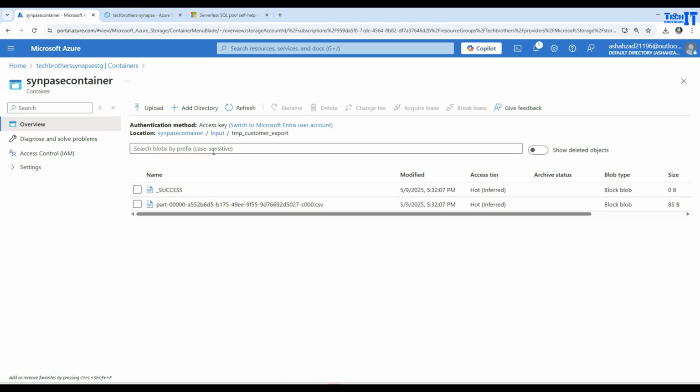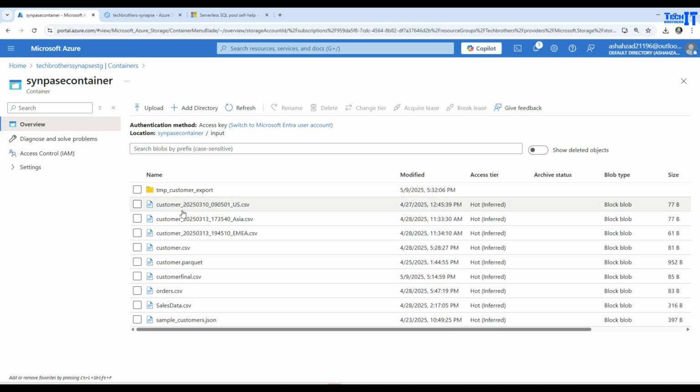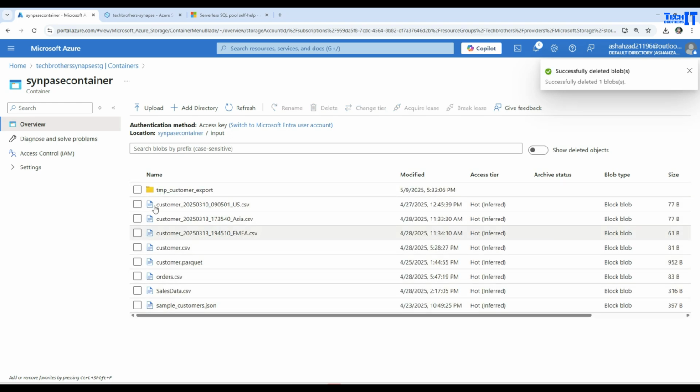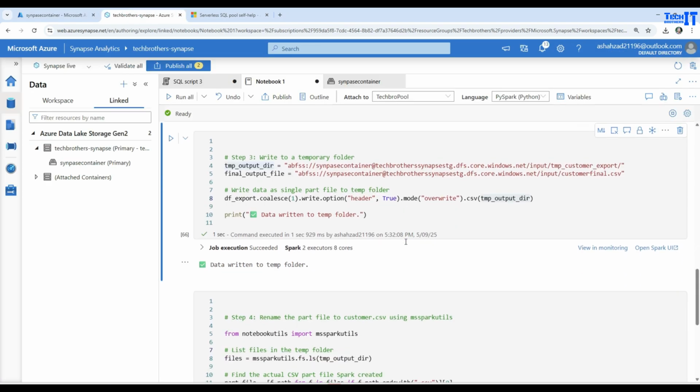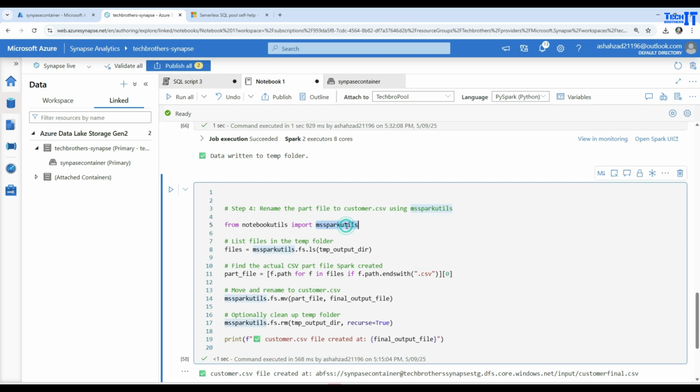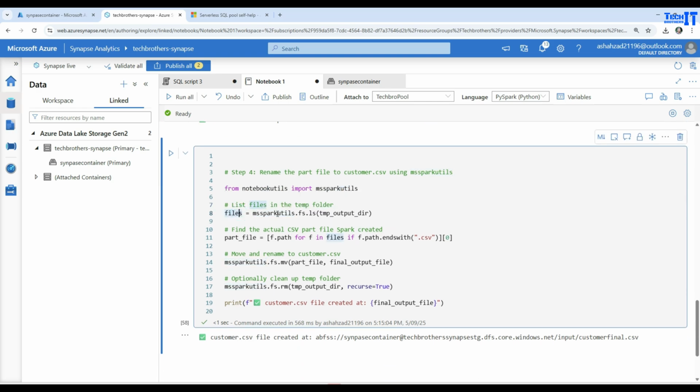But our goal is to create this customer final file here. So I already created it. I'm going to delete this. So it's going to be under the input folder. So if I go from here, as the file is sitting here, now I need to read these files, and I'm going to rename them. So I will be doing notebook utils, and then importing this mssparkutils, and then files equal to this, looping through this, I will list all these files here from the temp output directory, find the actual CSV